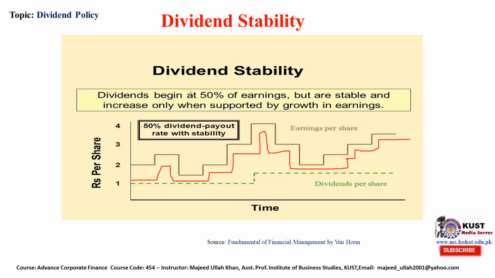This is stability. When your earning per share increases, then dividend payout per share will also be increased. If it is stable, it will be stable. Earning per share increases, dividend per share increases. Earning per share decreases, dividend decreases. Again decrease, decreases, again decrease to the peak, again increase, that also increases, decrease, also decreases. So earning per share is basically the function of the dividend per share.